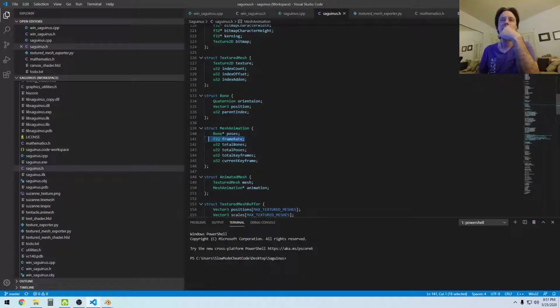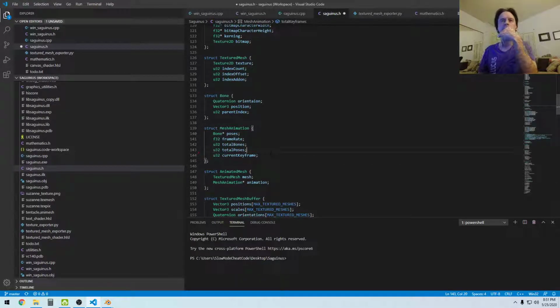Okay, so that's going to be set by the game or the program. That's going to be taken in from the file. That's going to be taken in from the file. Total keyframes is the same as total poses, actually, and then current keyframe. Yeah, I probably need more information than this, but